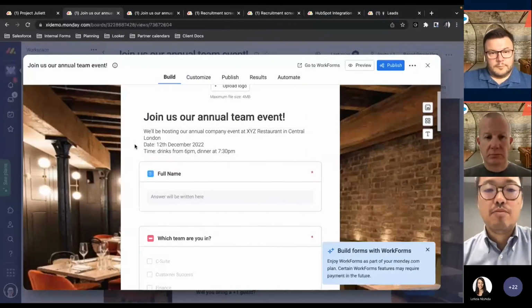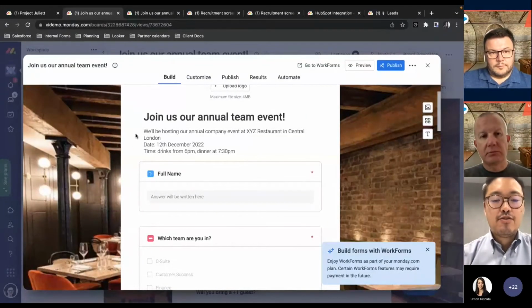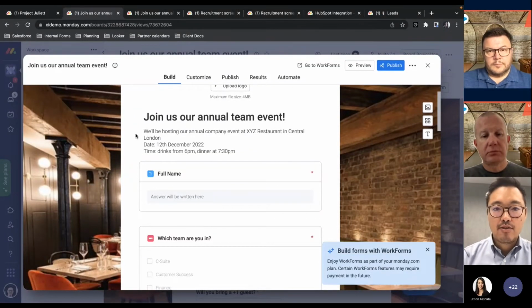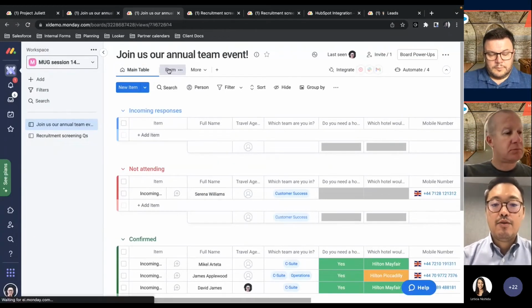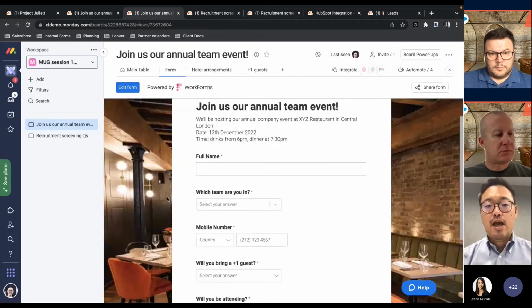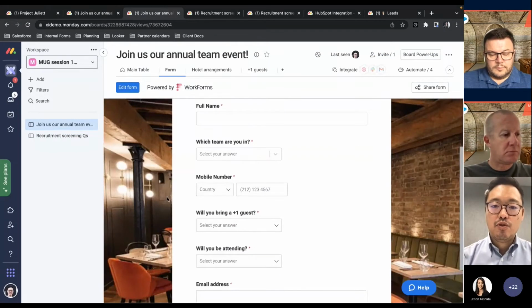But for now, I'm going to move on to what I would say is an addition to the forms that hopefully many of you use. We've recently released a version of that called Work Forms, and that allows us to do a few more things within Forms itself. Before I talk about this, a very quick recap of Forms. Perhaps you're already using it in your Monday instance, possibly not. But for us at Monday, they're a very quick way of creating a data capture form and also using the data from that to streamline a process.